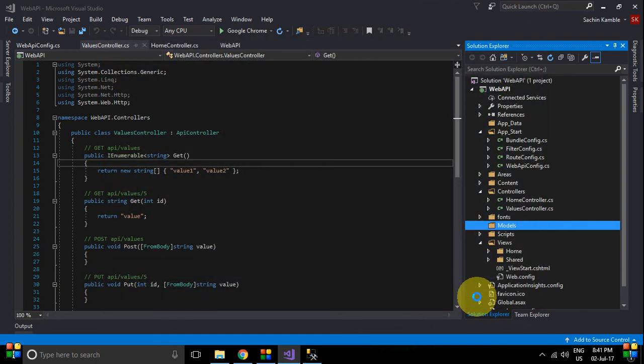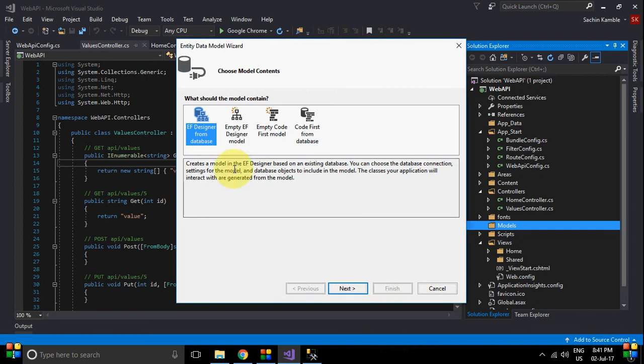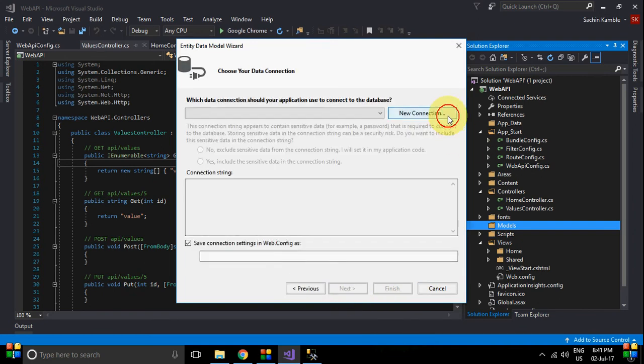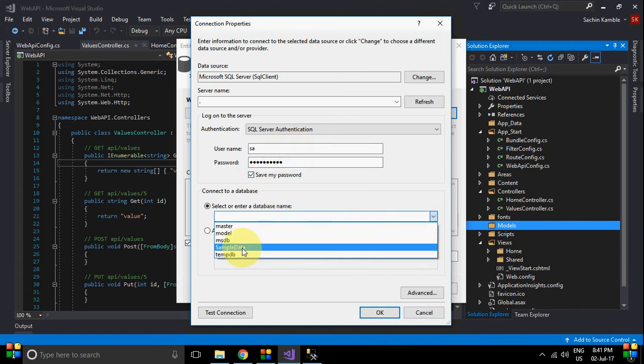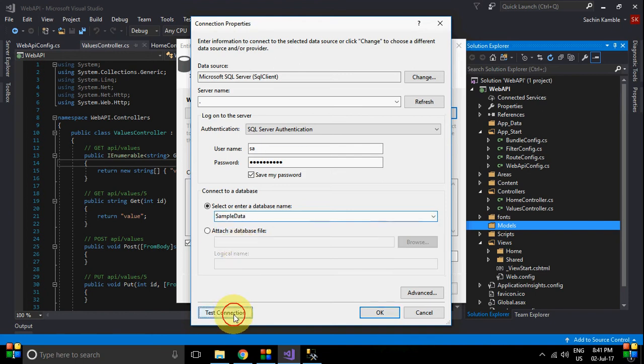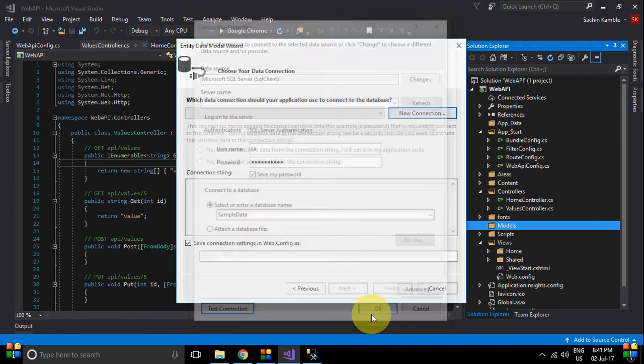Click add, designer from database, new connection, local connection. So just enter dot, and select your table database. Click ok.